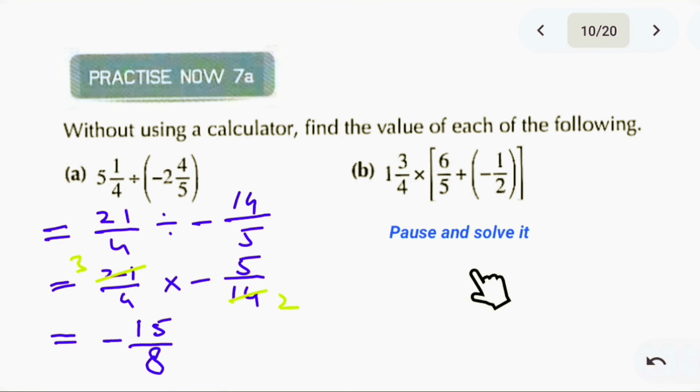The B part of this practice question I have not solved, because I would recommend you to please pause this video over here and solve it by yourself and practice this concept before